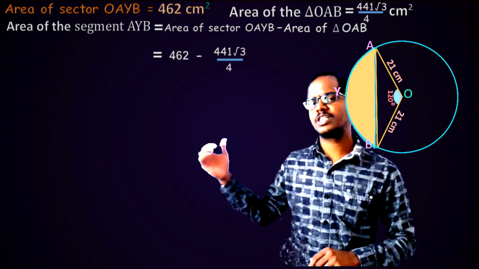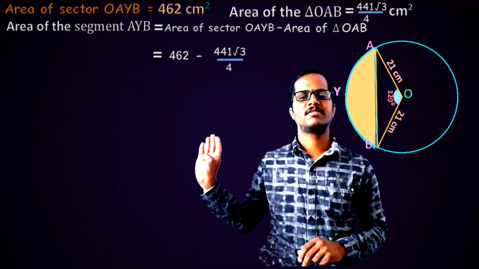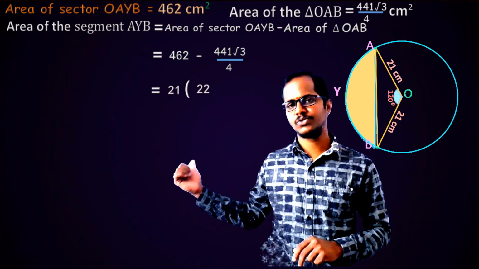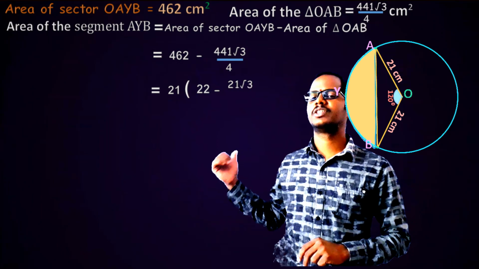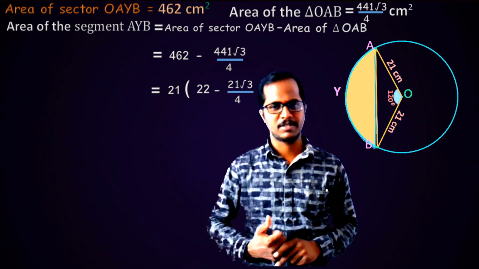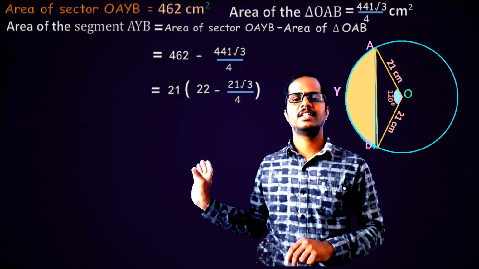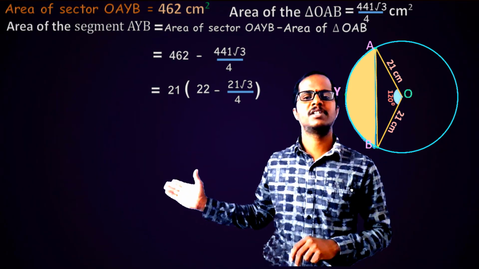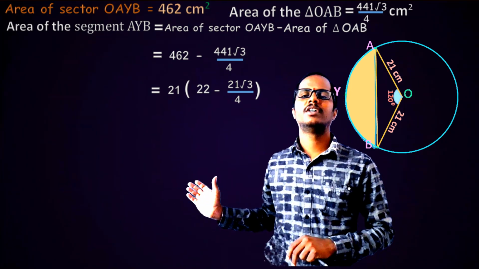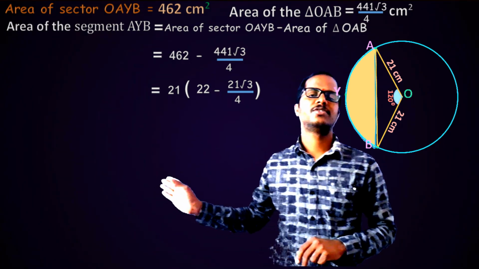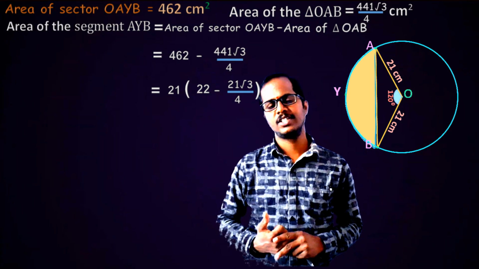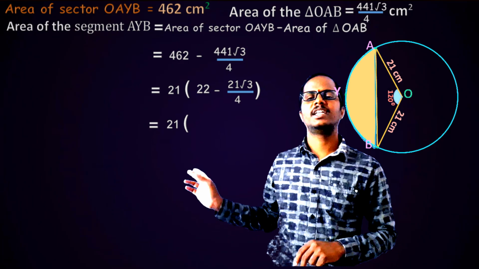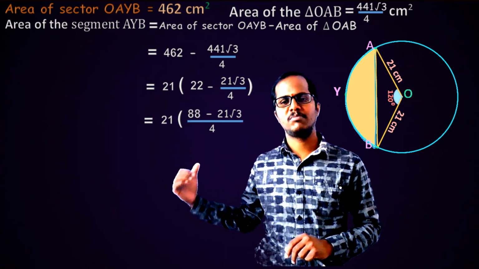Now in these two terms 21 is common. So let us take 21 common out. By taking it out, we get 21 into 22 minus 21 into root 3 by 4. Here we have taken out 21 as common. Now let us simplify the values in the bracket. Here in the first term we have 22, which has the denominator 1, and the second term has the denominator 4. So by taking their LCM, the LCM is 4. So 4 22s are 88. So what we get? 21 into, in bracket, 88 minus 21 into root 3 by 4.